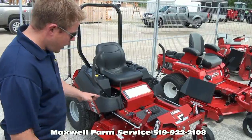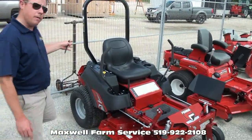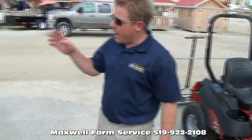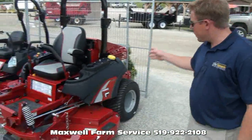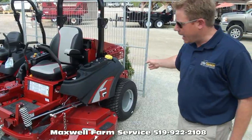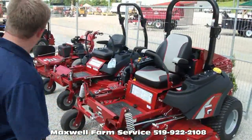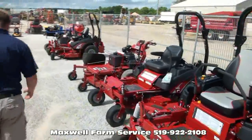All the mowers include welded fabricated decks with the top quality Briggs or Kawasaki engines in them. They also have the big one, which is a 5100 diesel, which is a 33.5 horse Cat. When you go from the 600 series model to the 2000 series model at the far end,